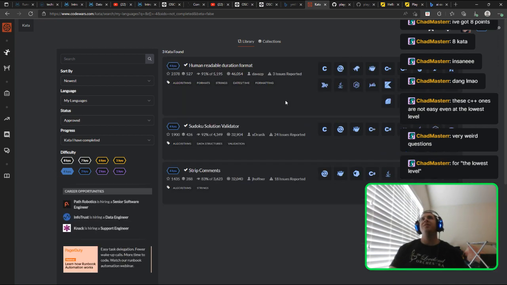These three. And I would recommend all three of these. These were really fun. Strip comments was kind of confusing because they throw in some weird corner cases. This one, human readable duration format, was a nightmare for me, and I can't even imagine for C++